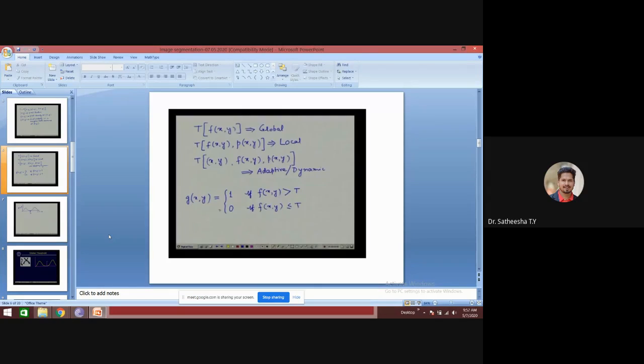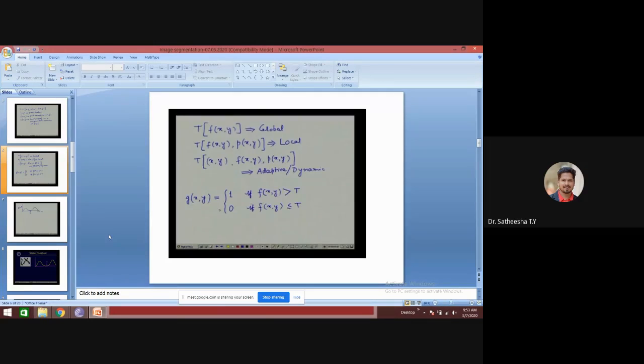Now the threshold t can be either global or local or adaptive, and we get g of x comma y equal to 0 if f of x comma y is less than or equal to t.